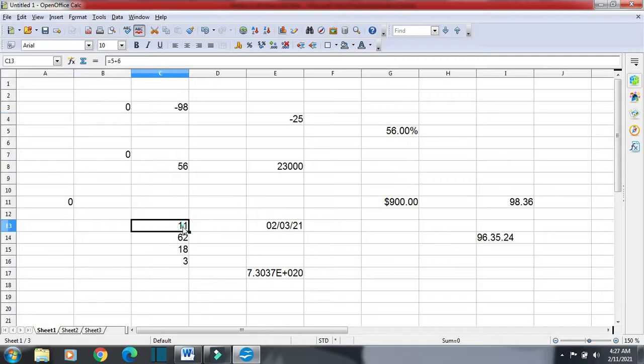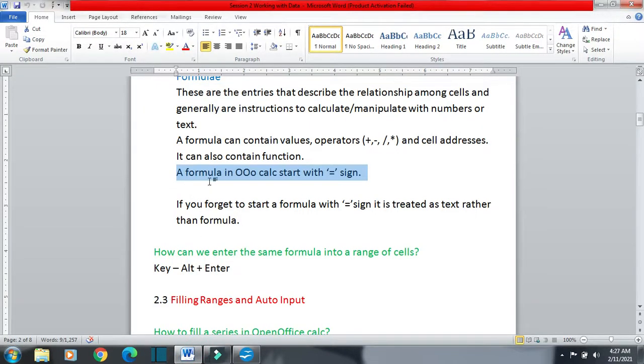Here you can see I have used the equal to sign in every formula, here also, here also, here also. So a formula must start with the equal to sign, otherwise it will not be seen as a formula.